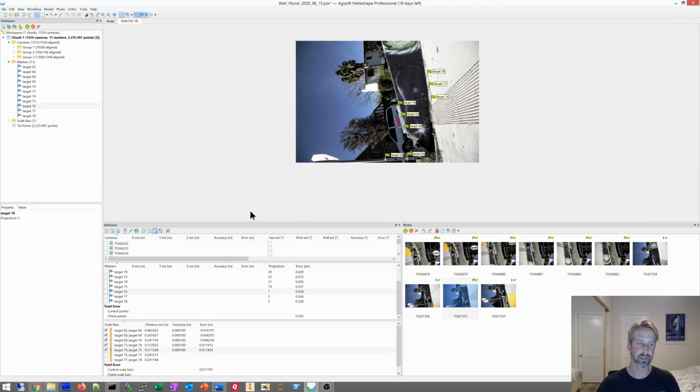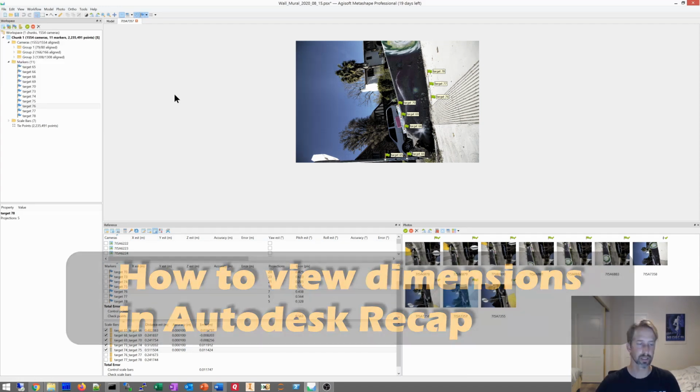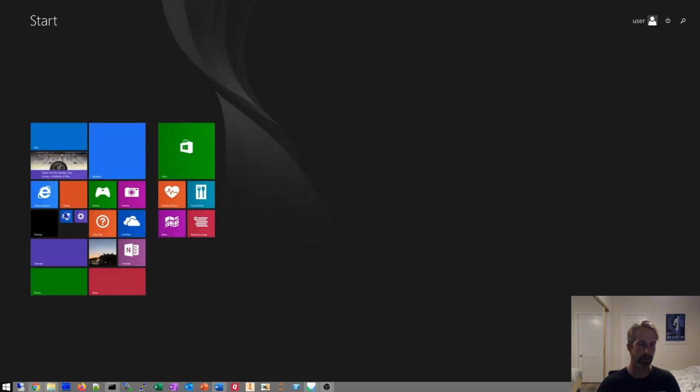So now that this is done, I just wanted to show how to set these markers. You can go File, Export, Export Points, and then when your points are exported, you can generate another model